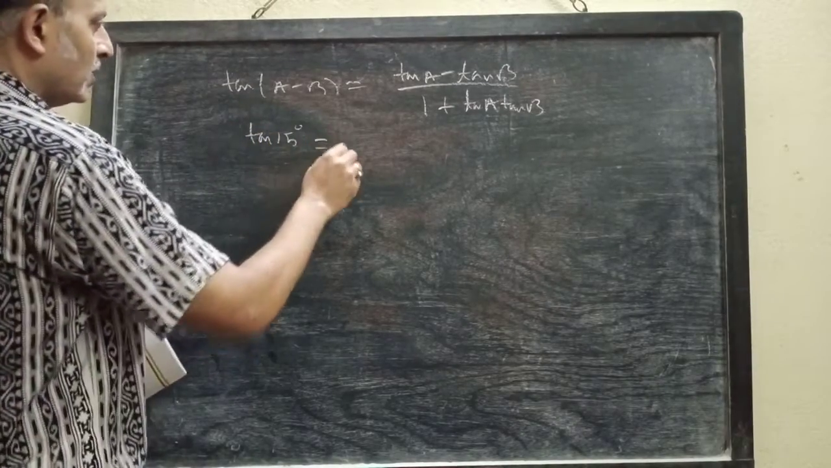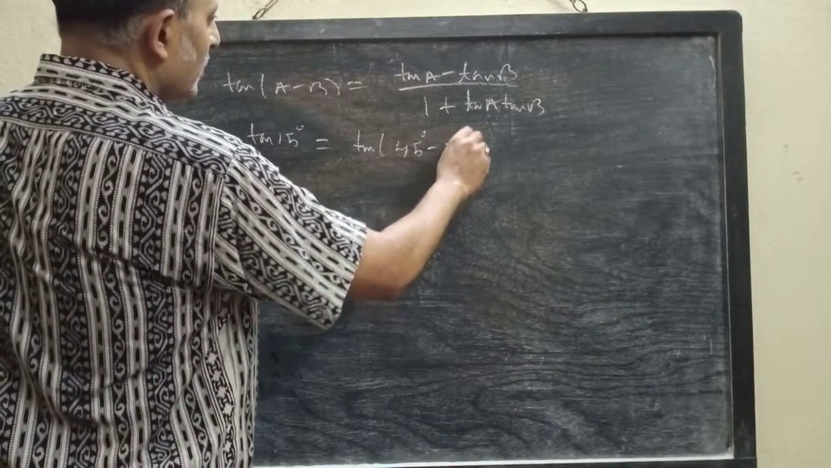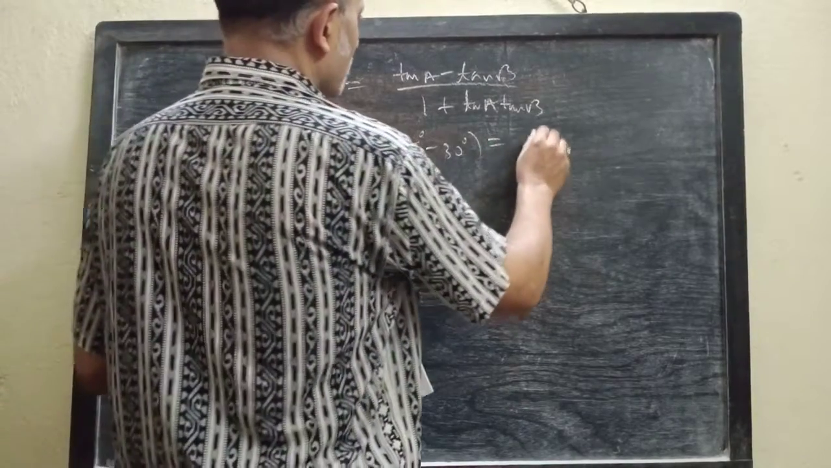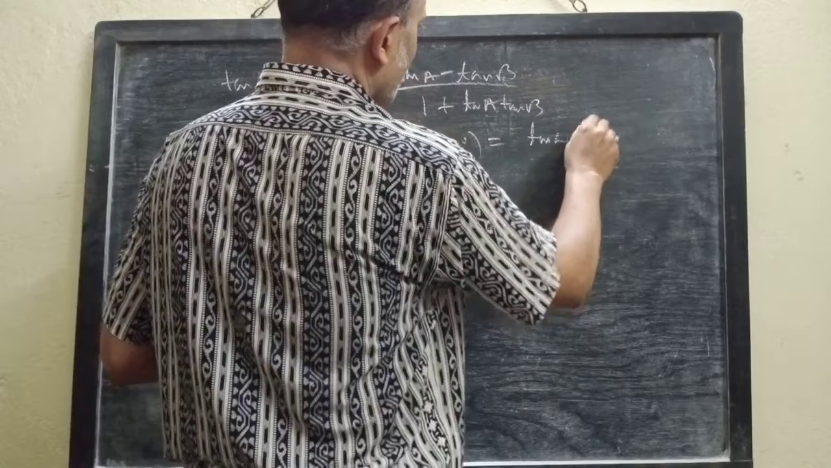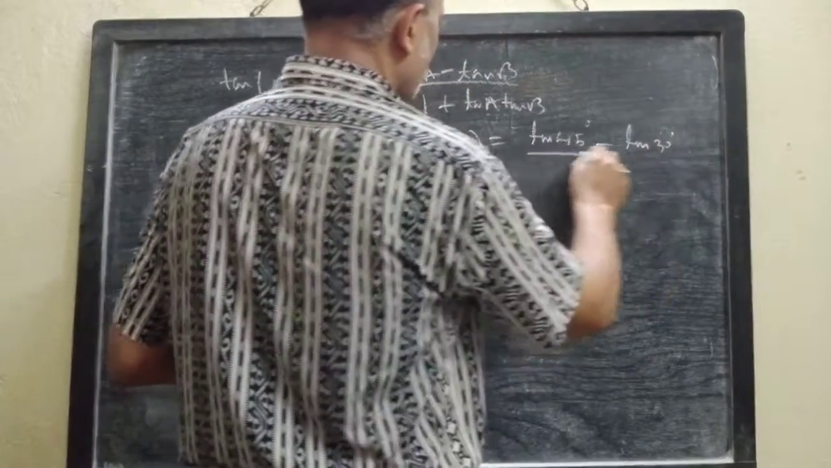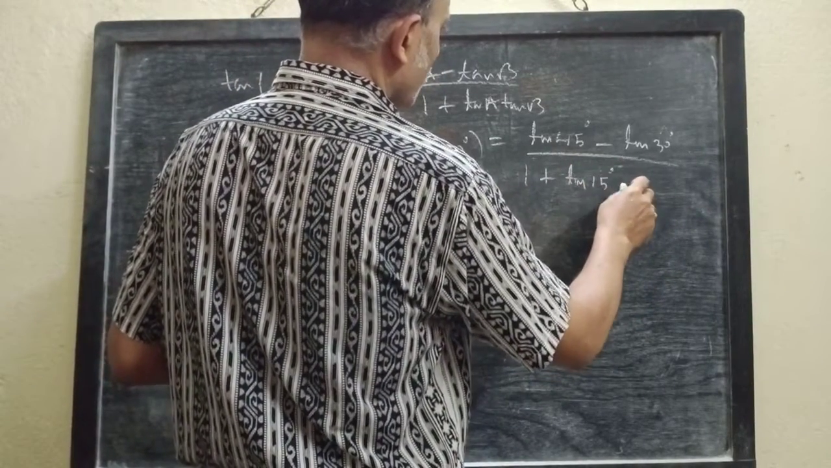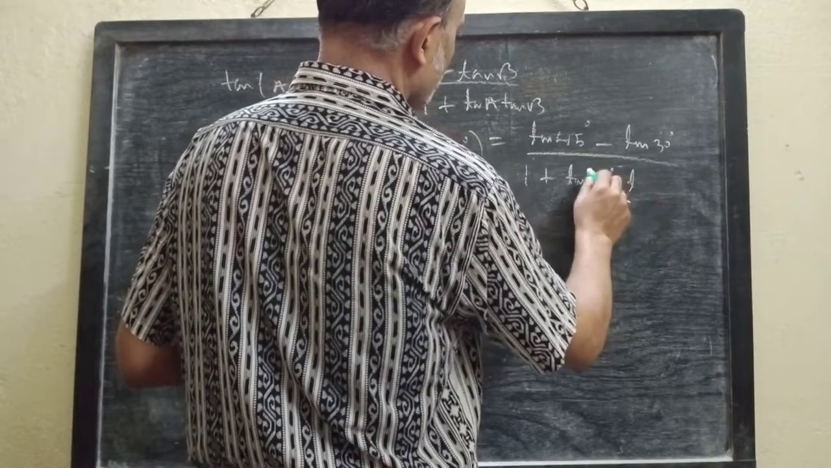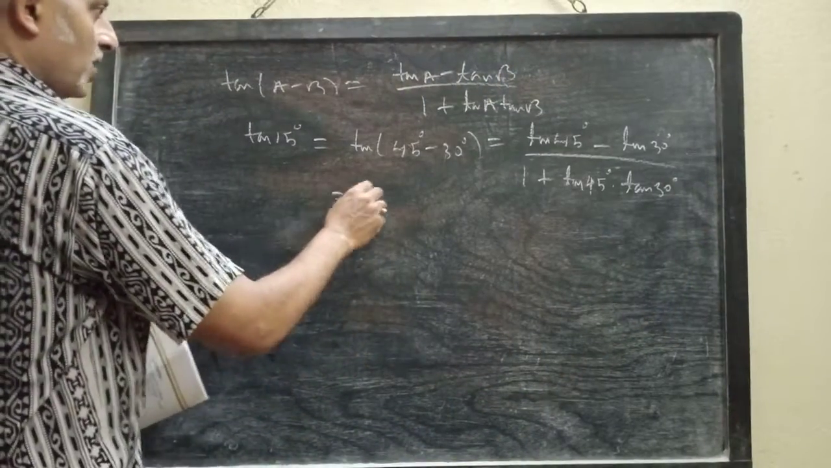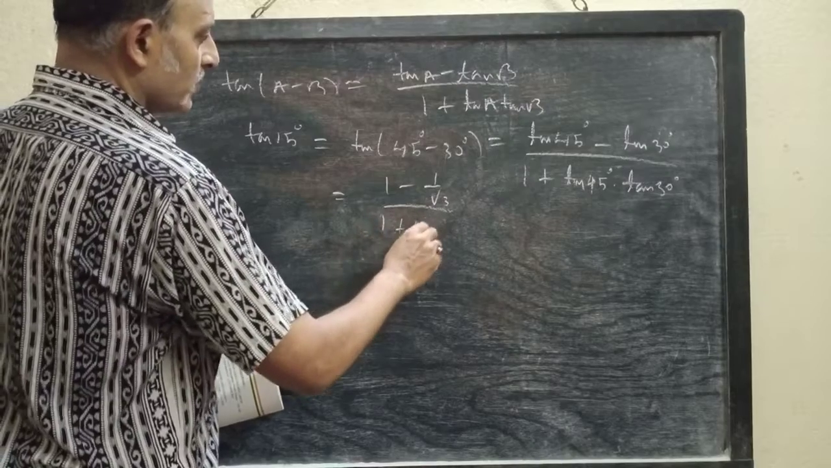Then let us write 15 degree as 45 minus 30. Then this will be tan of 45 degree minus tan of 30 degree by 1 plus tan of 45 degree into tan of 30 degree. Now tan of 45 degree is 1, tan 30 is 1 by root 3, 1 plus 1 into 1